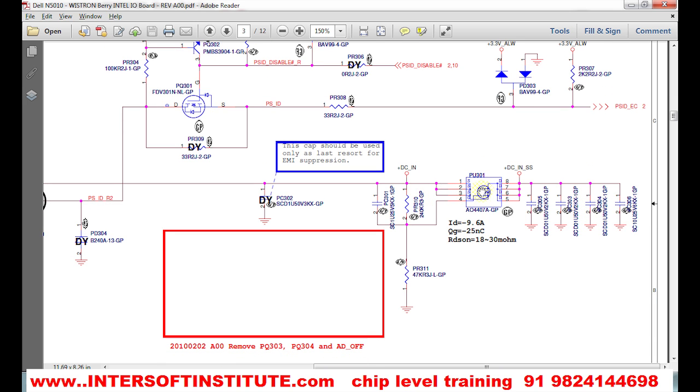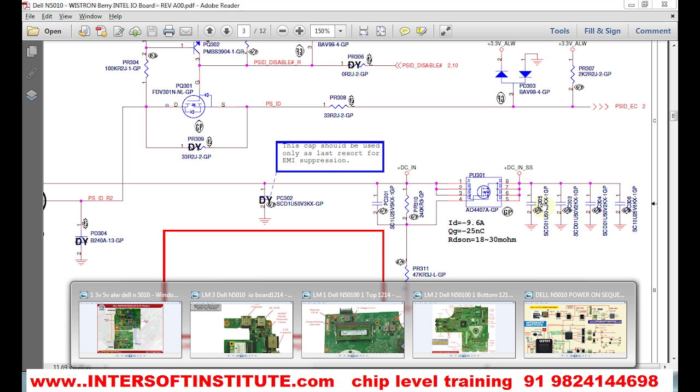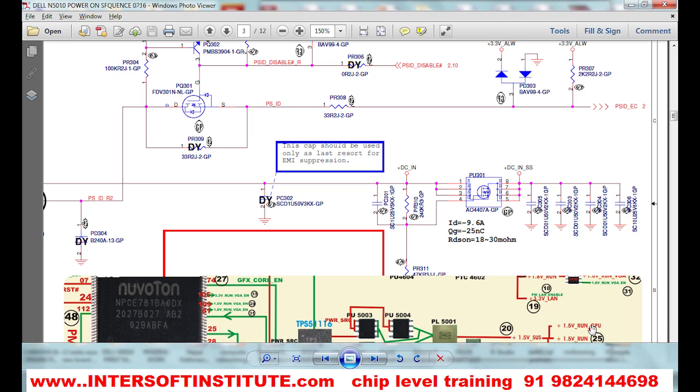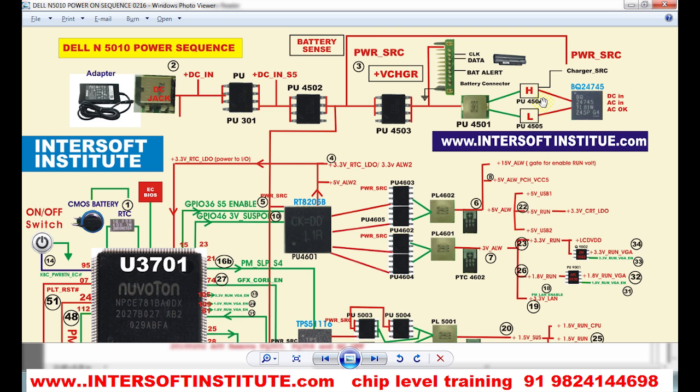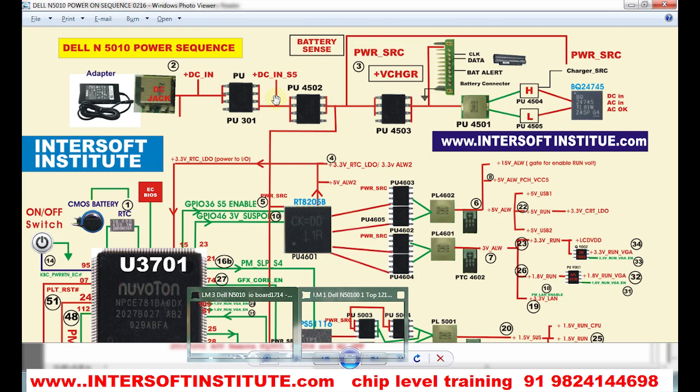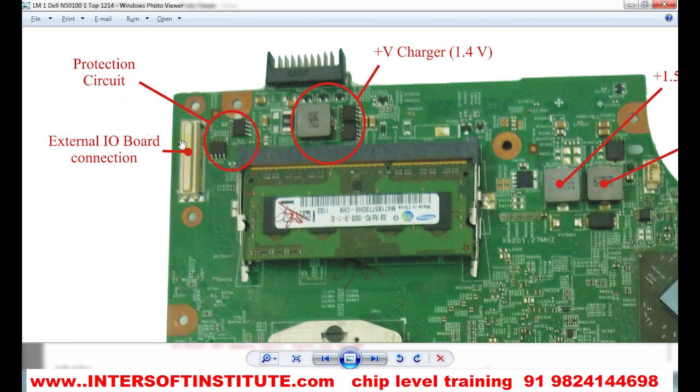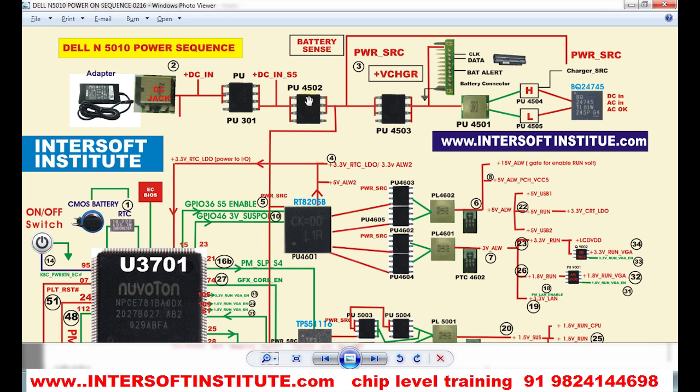You can check the schematic like that. So this is how the signal goes. Here it makes DC in S5, and this is your bypass capacitor. Ceramic capacitors will be there, too many, C304 and so on. So we can check like this step by step. I only mention the big components; small components I don't mention here. Up to here, and then on another board it will go here. We have seen here. From here there is one more MOSFET. This MOSFET is PU4502. Here also the gate is connected.